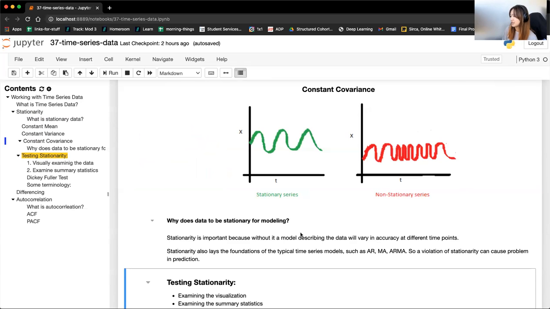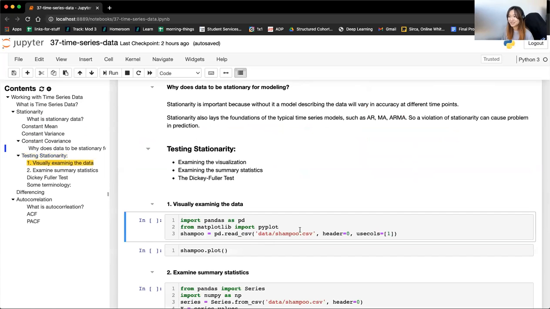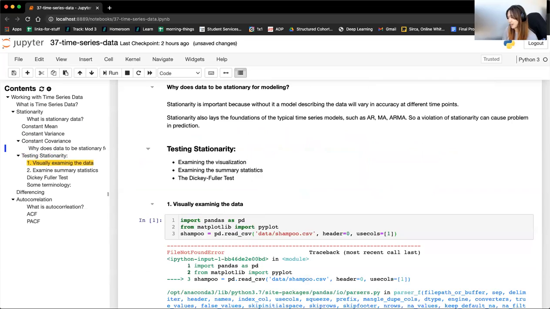All right, so there are several ways to test for stationarity. First, you can visually examine the data. Sometimes if you have a robust enough data set, with enough data points on whatever it is you're trying to find,